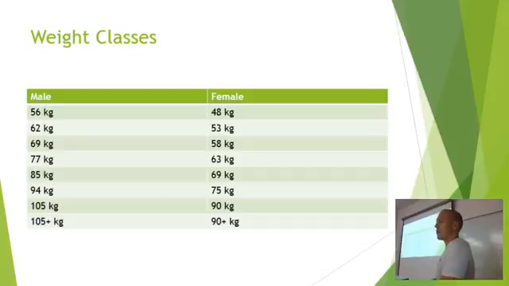Have they ever talked about why there's such a giant gap for women? You go 69 and 75, so we're talking really 6 kilo jumps or less, but then you go 75 to 90. Well, I'll tell you what's crazy, this right here is brand new. It used to be 75 plus. Now, I don't understand the 15 kilo jump.